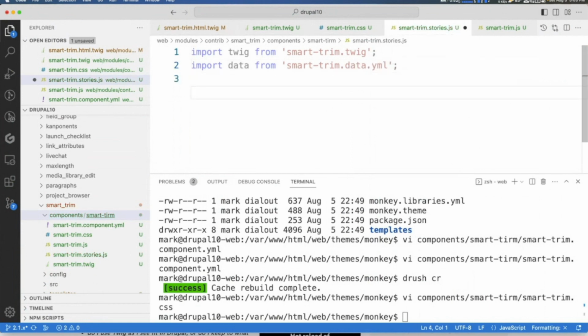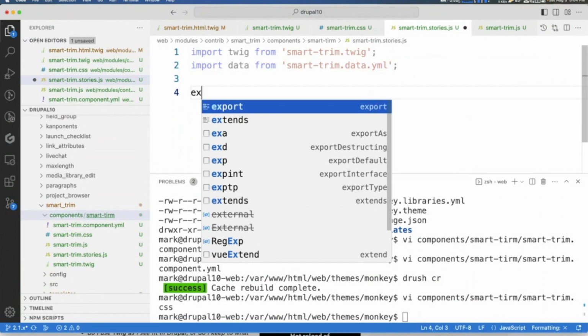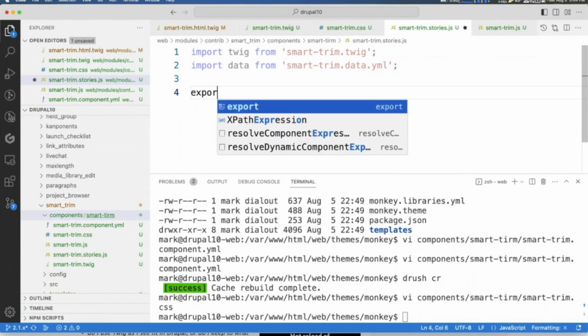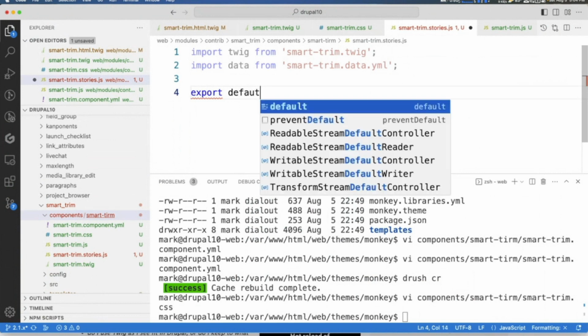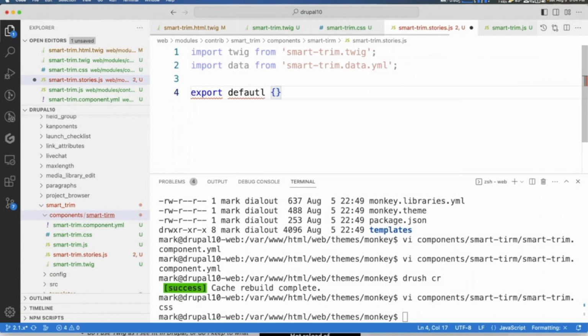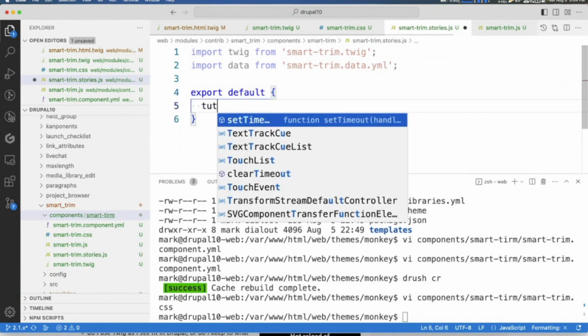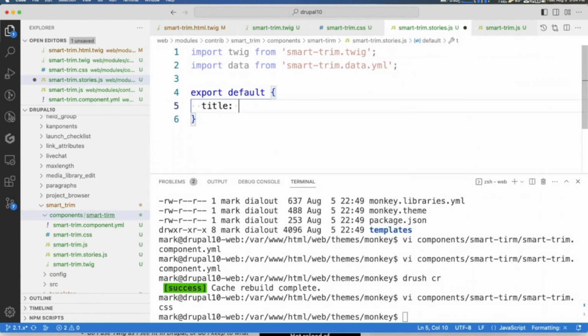Okay, and then you'd export default, because this is what Storybook is going to be looking for. Default, and then title smart trim, and that would create your Storybook path.